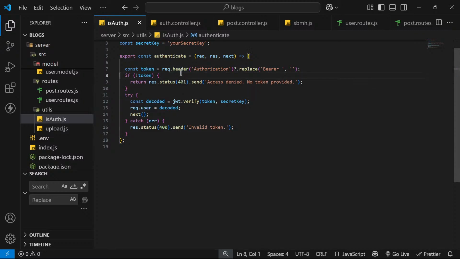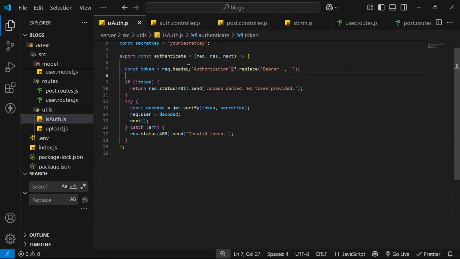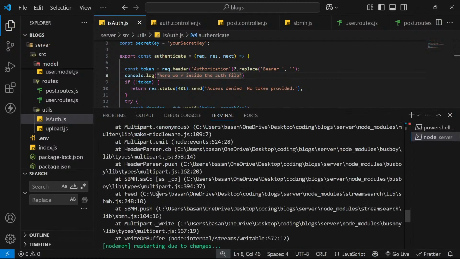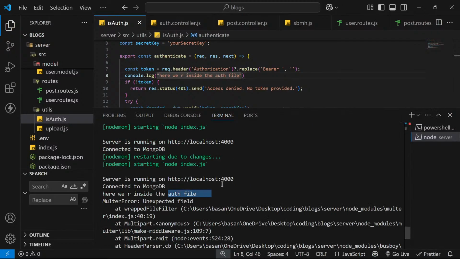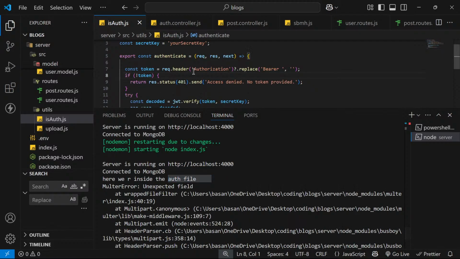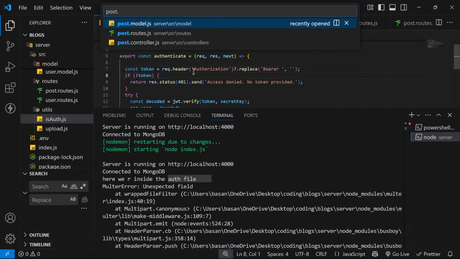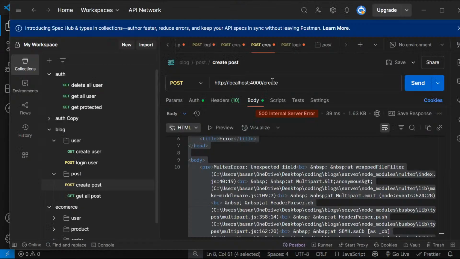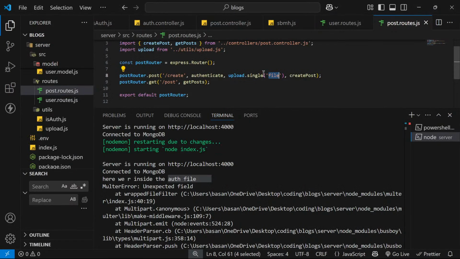Let's add a field called hello. That will confirm that we are here. Here we are inside the post file. Let's hit it again and let's check our VS Code. This is running fine, and we are getting an error with the post.route.js. Here is our file route, that single file,